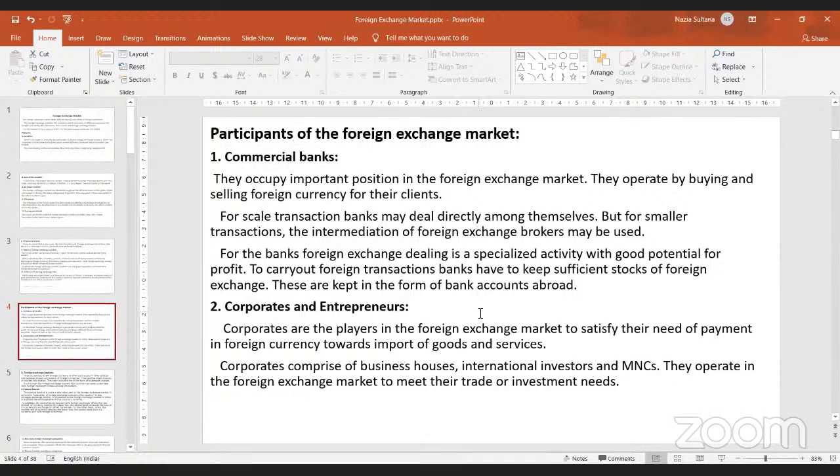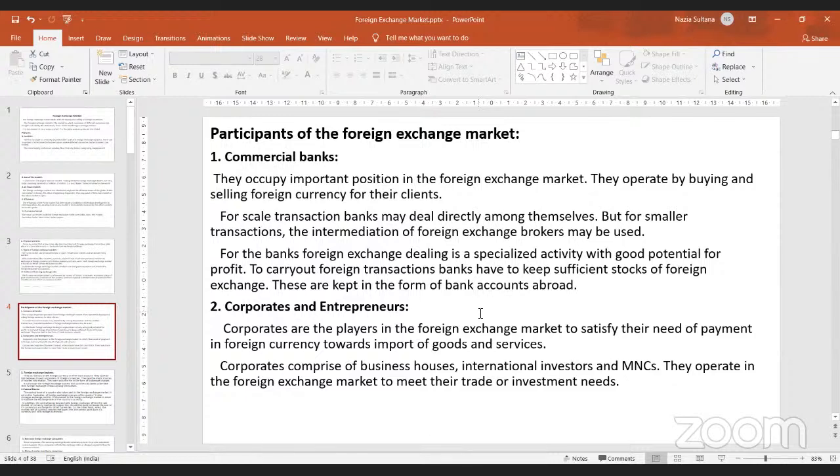On the other hand, if there is a firm which wants to raise foreign currency by selling Indian currency, then they may request the bank, and the bank may do it directly. They need not do it through a broker. There are also banks which specialize in foreign exchange dealings, and they keep a good stock of foreign exchange which may be popularly demanded by their clients. So bankers will be one of the first participants in the forex market.